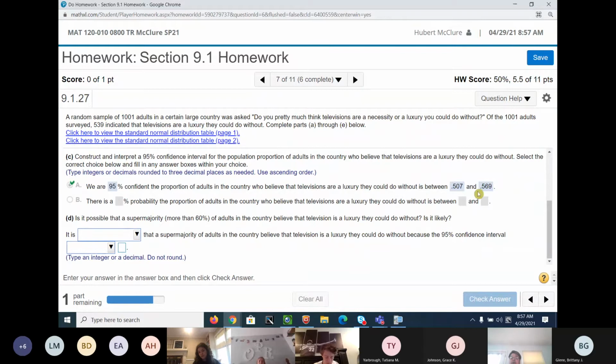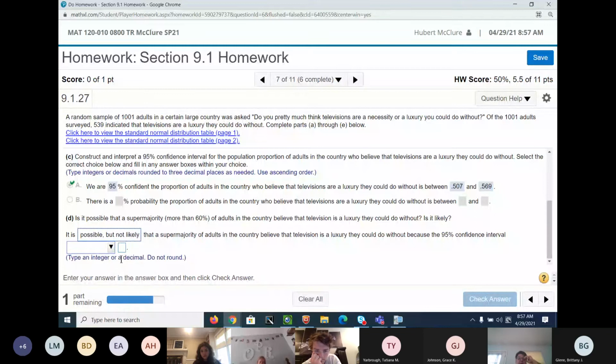Does 0.60 fall in there? That's a yes or no question. No. Does 0.60 fall in here? No. I would say it's possible but not likely is what I would say, because